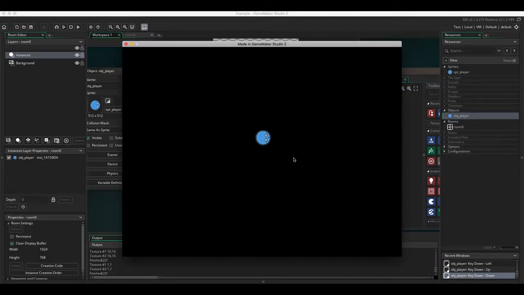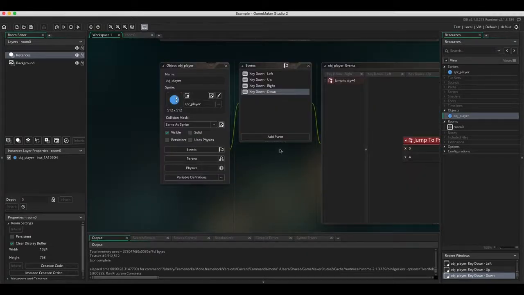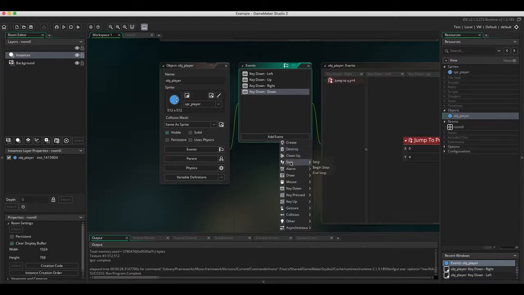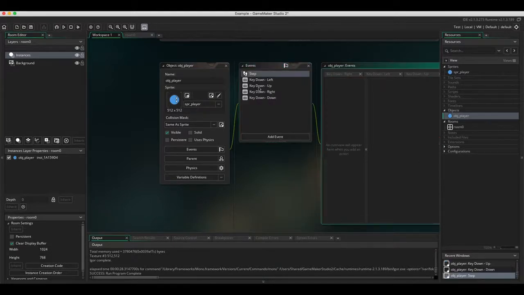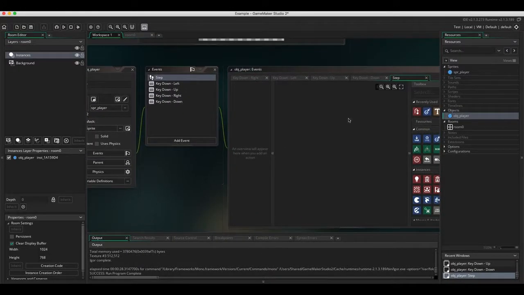And now, I actually have all 4 controls for up, down, left, and right. So, the next thing I'm going to do is make sure that the player will face the mouse position. What we're going to do is create an event that happens on the step. That means it happens every single frame, every time the screen is redrawn. So, on step, what we're going to do is